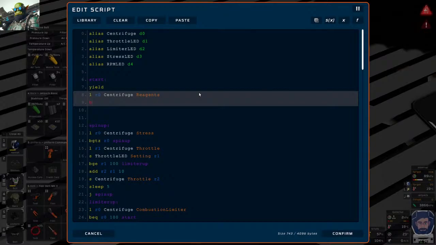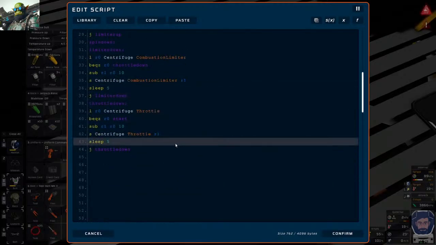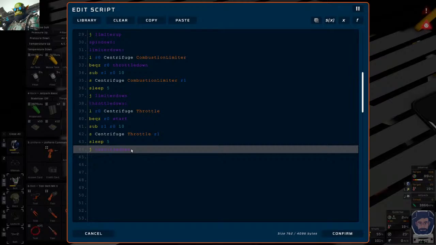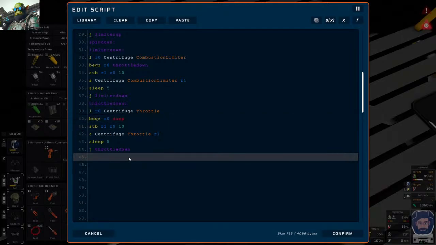Branch when it's greater than equal to, let's go 2,750 grams of reagents. R0, 2,750, go to spin down. And after spin down, we want it to go to dump. So dump,